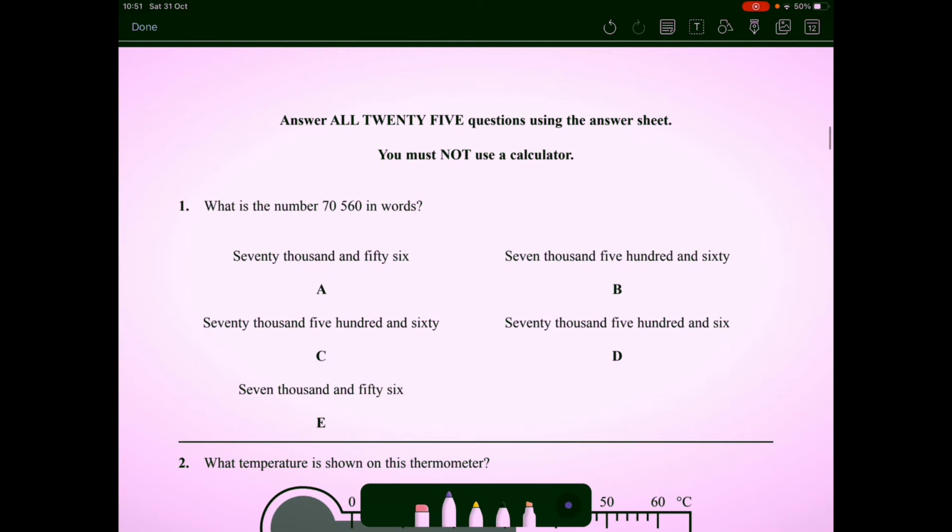Okay, question 1. What is the number 70560 in words? So it's always useful to put a little thousand separator in there. And then you can clearly see that's 70,560. So we're looking for 70, so it's going to be one of those two, 70,560. So it's that one there. It's the answer C,